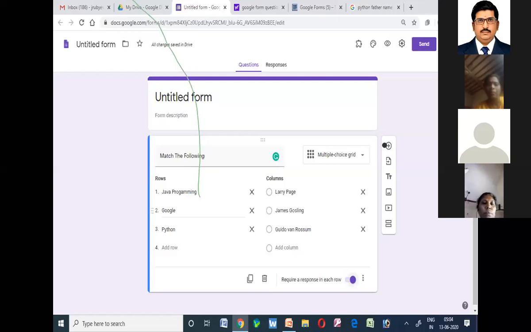Here I have given Java programming, Google and Python as the language or some software products, and in the column I have given the people who have invented them. So this is a question we have to frame. And once you publish, the students or the people would be getting the options for answering.